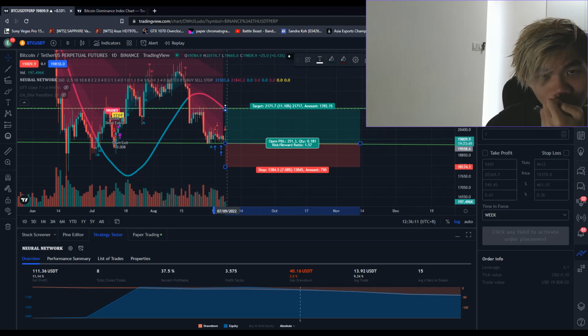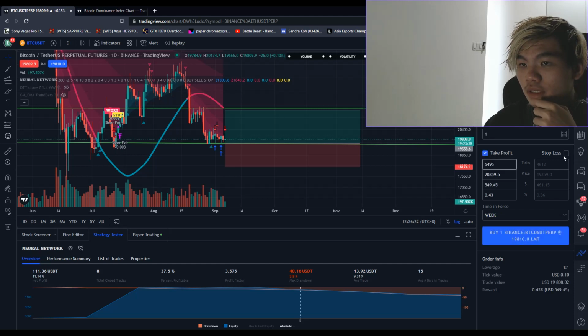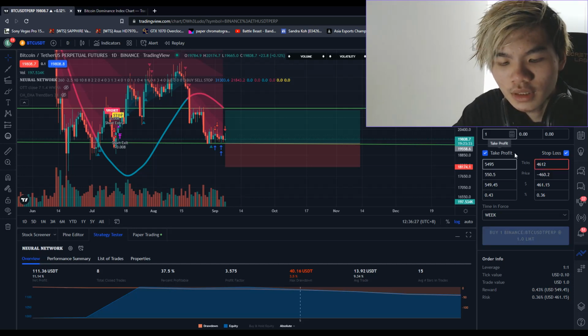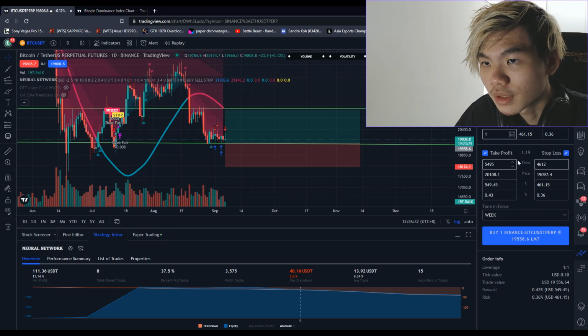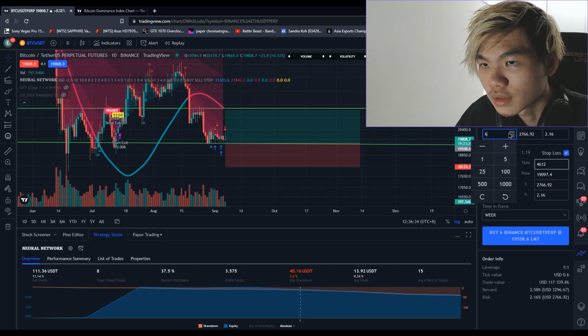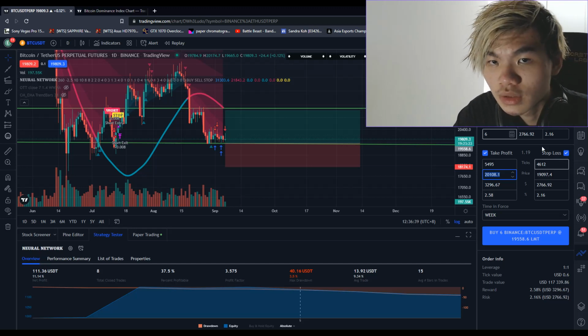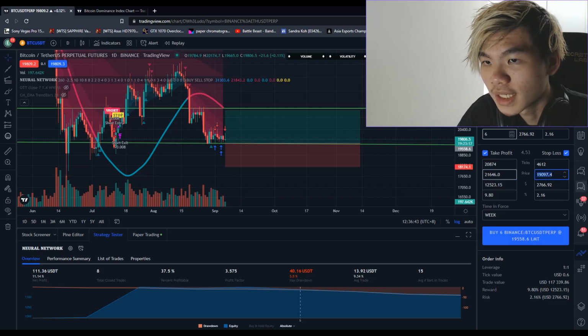So I will target a 1.50, yeah, 1.51 or whatever, risk reward, and I would like to open at that. So my TP stop loss limit is going to be a simple 19. We're going to open at 19558.6, and we are going to take profit. So we're going to just put this unit at 6 just because it's Bitcoin, and we want to take profit at 21646, and we want to stop loss at